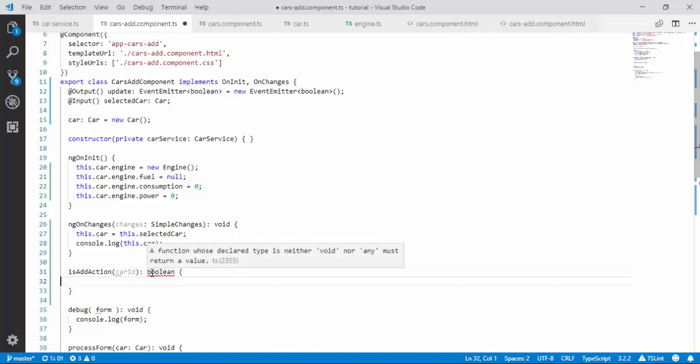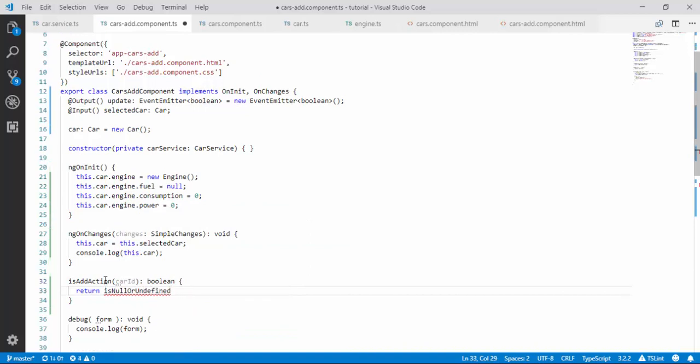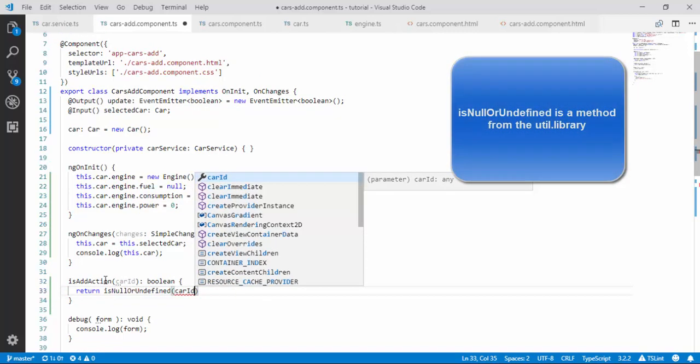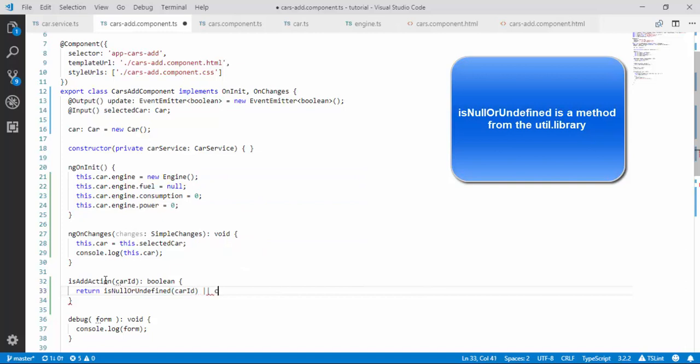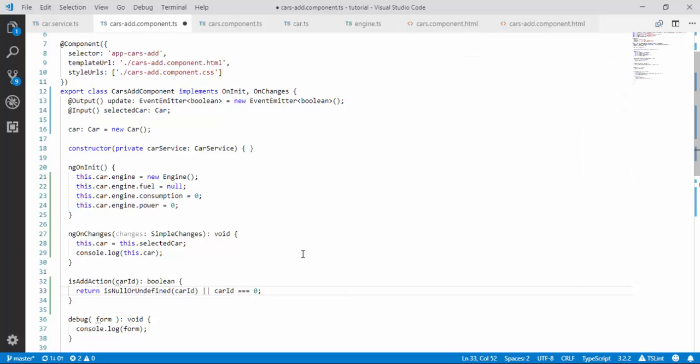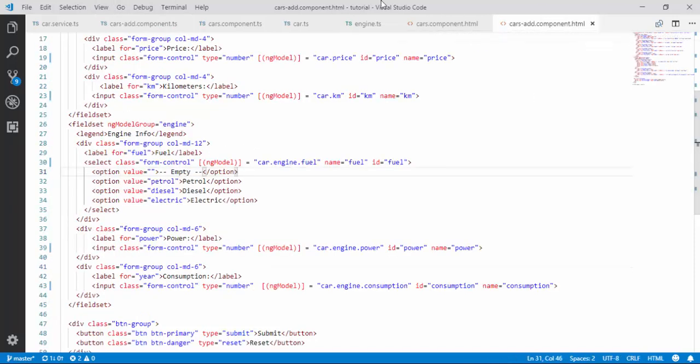Why don't you like this? Okay, because we haven't returned anything. So we're going to return whether the car ID is null or undefined, or we check if the car ID equals 0, because we defined somewhere, maybe the ID in the database, the initial one can be 0. So I think this is enough, and we can go in our form actually here in our car add component, in